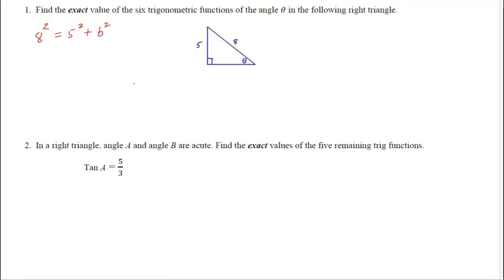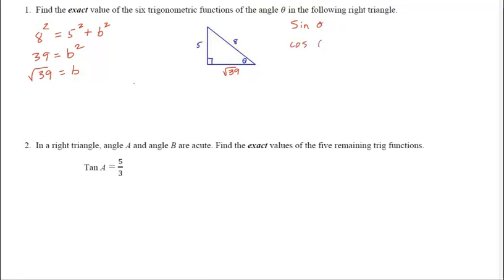I'm just going to call this missing leg B. And now we're going to subtract 25 from 64. So 64, that's 8 squared, minus 25, and that's 39. That's B squared. And then to find B, I have to do the square root of that. And if I could simplify that radical, that would need to be done, but I can't simplify the square root of 39. So now I've got all of my side measurements, and I'm going to walk through the 6 trig